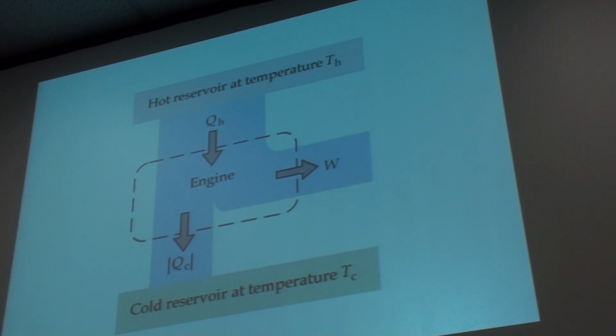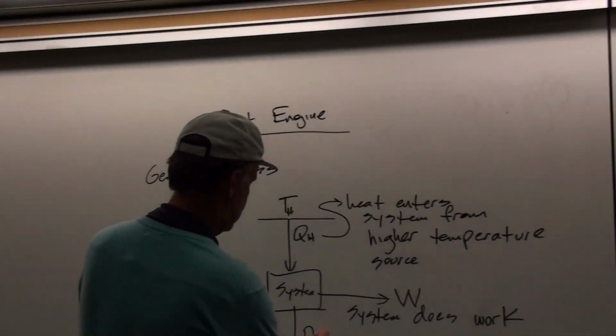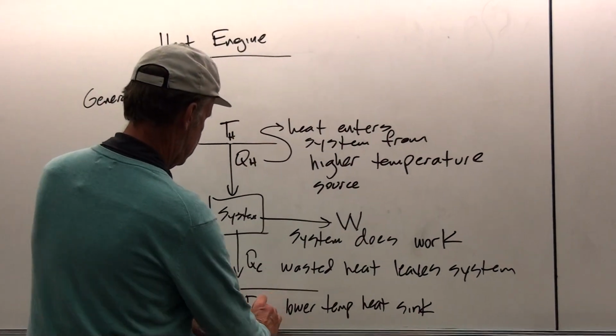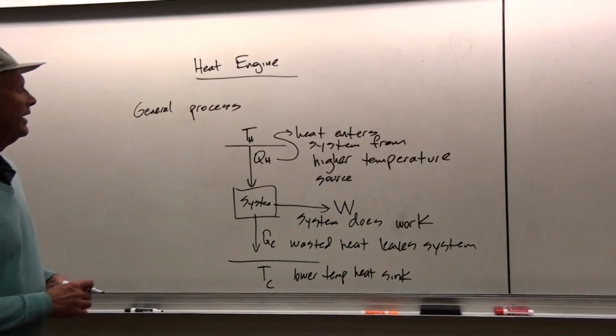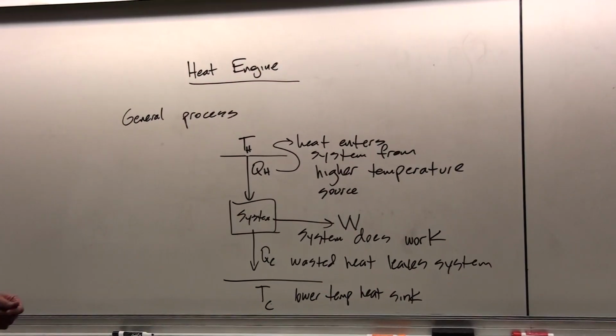This is the part of a heat engine that we like, the part that does the useful work. But then some heat is wasted, and so it's expelled at some lower temperature into a cold reservoir. There are some examples of this that I'd like to talk about. Here's our heat engine, and probably C, so it's consistent with what we have in that PowerPoint slide.